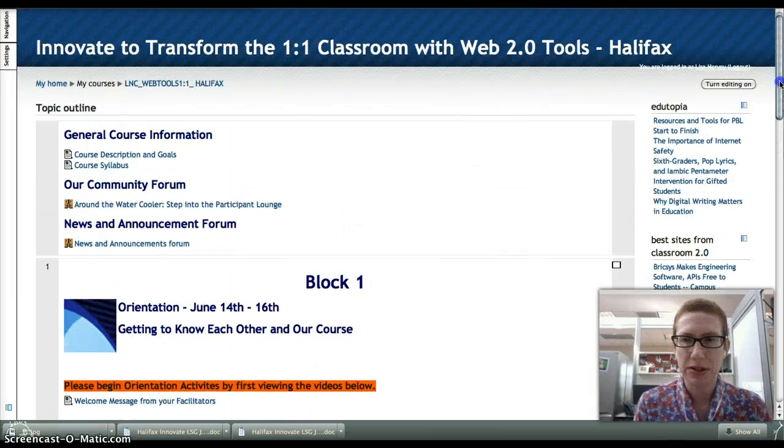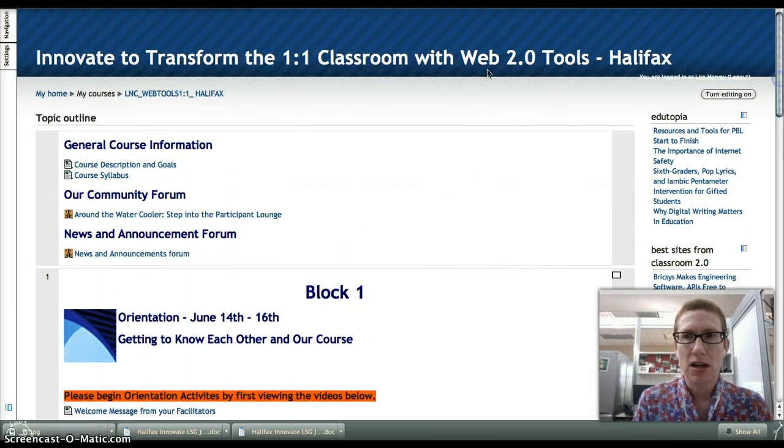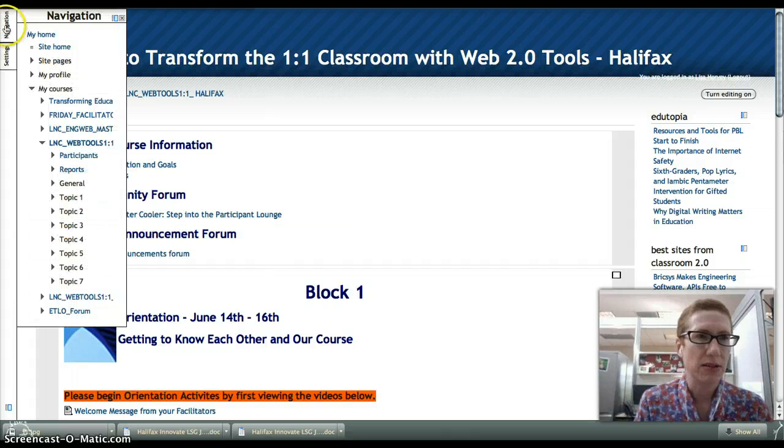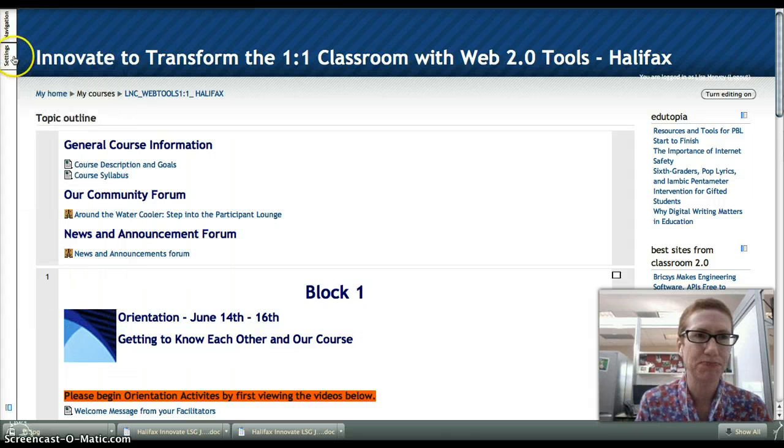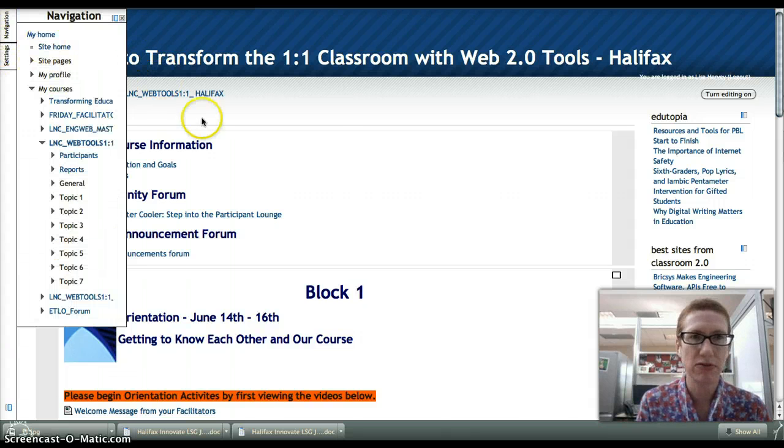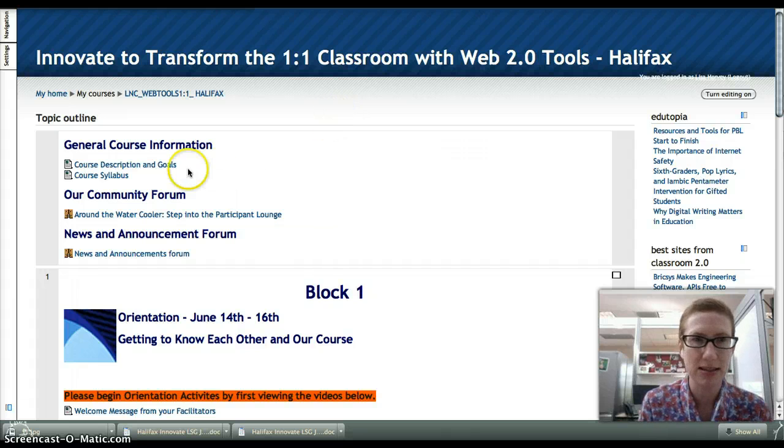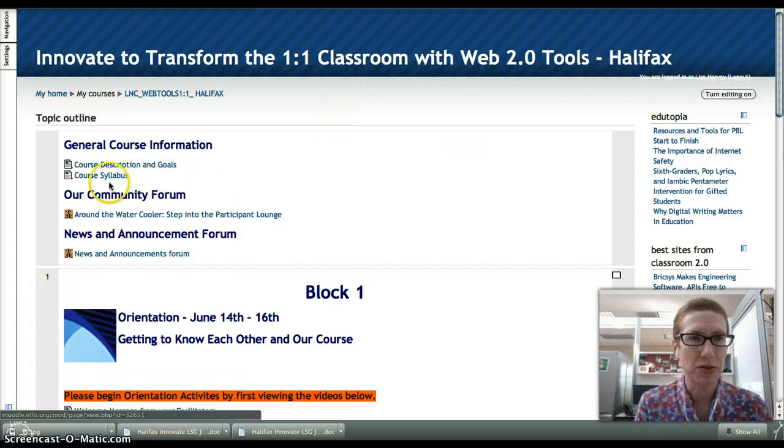And so here's your course, and just to give you some basic outlines, you definitely want to use your mouse as your friend so you can navigate through some of the parts of the course here. Float around and figure out what all this stuff is. Here's an overview of the goals. Here's the syllabus. This Around the Cooler is a place for you to come and vent